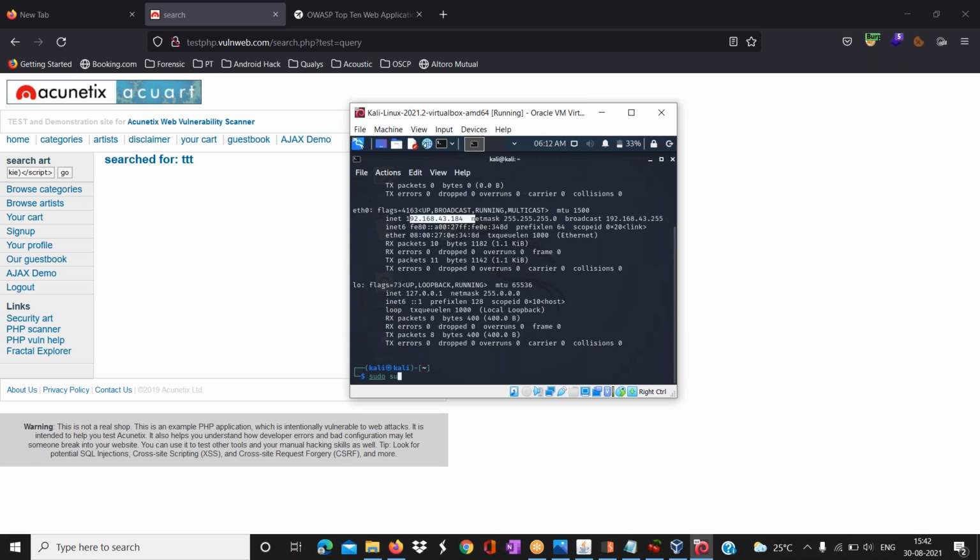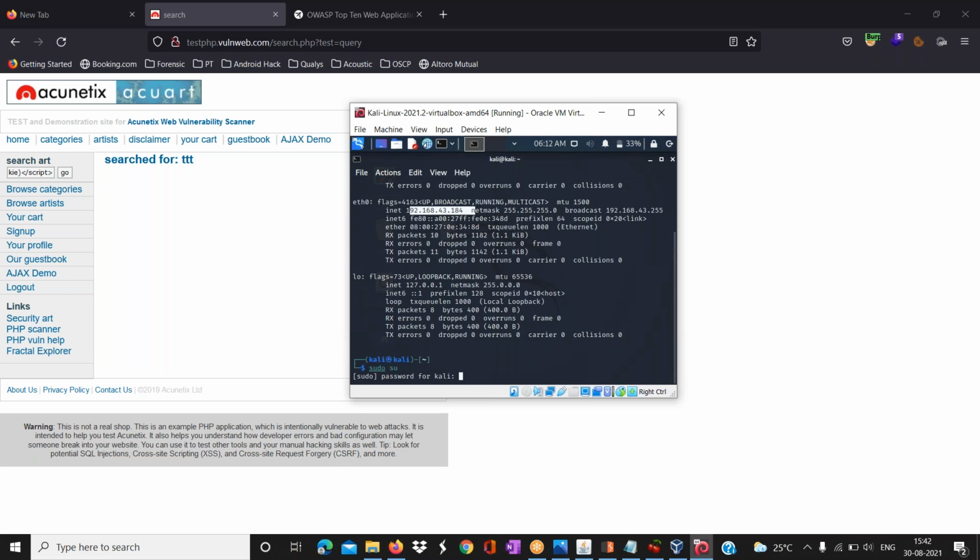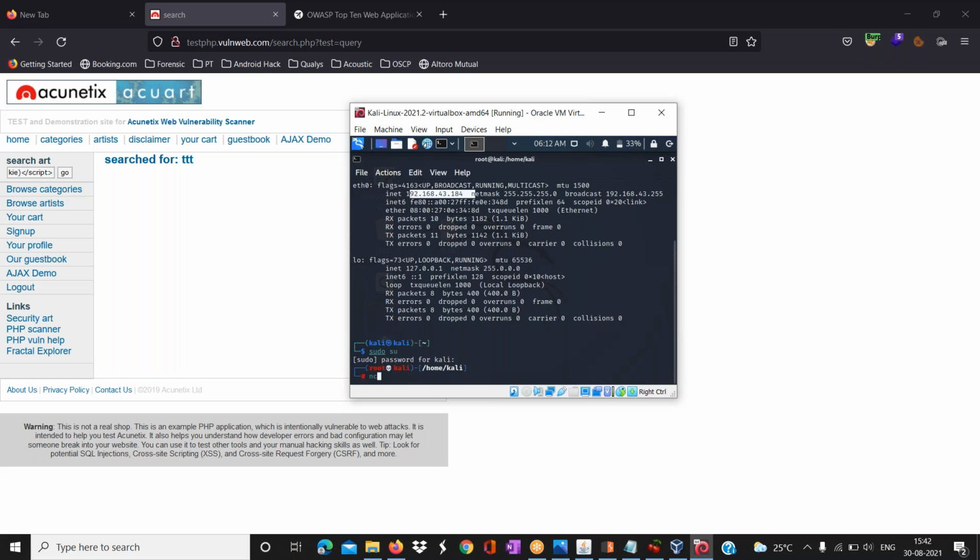I'll be using a tool called Netcat. Netcat is a very famous tool which can help us listen and connect on any port, TCP or UDP, on any port number. Using netcat, nc -lvp: L is for listening, V is for verbose, and P is for port number. With the help of netcat, I am listening on port number 80. And if this guy is